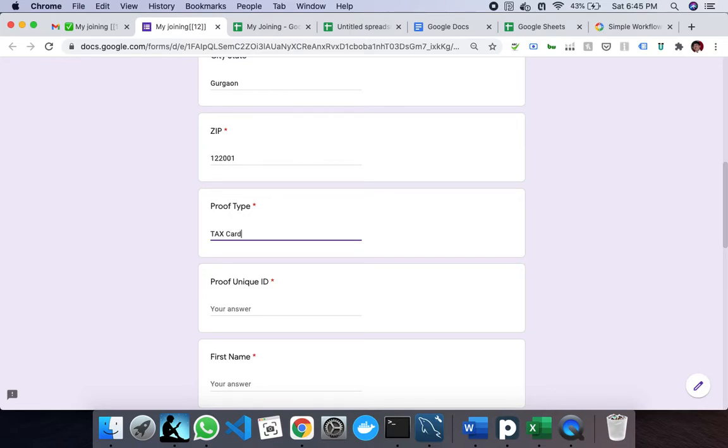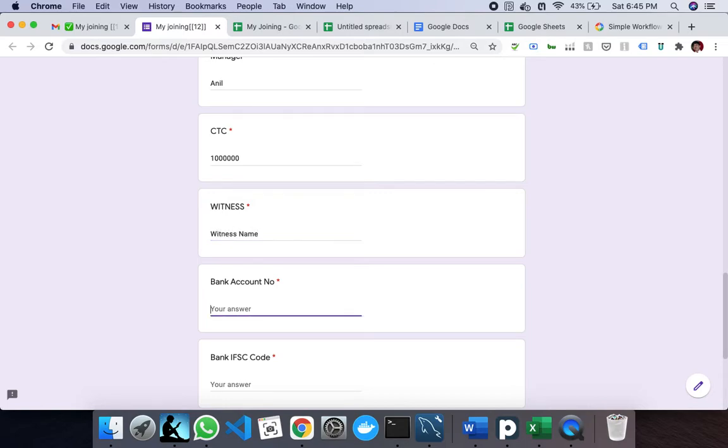Tax card, let's say YHU. First name Deepak, designation consultant, manager is Anil, CTC is 100K. So whatever information I need to fill in, I can.